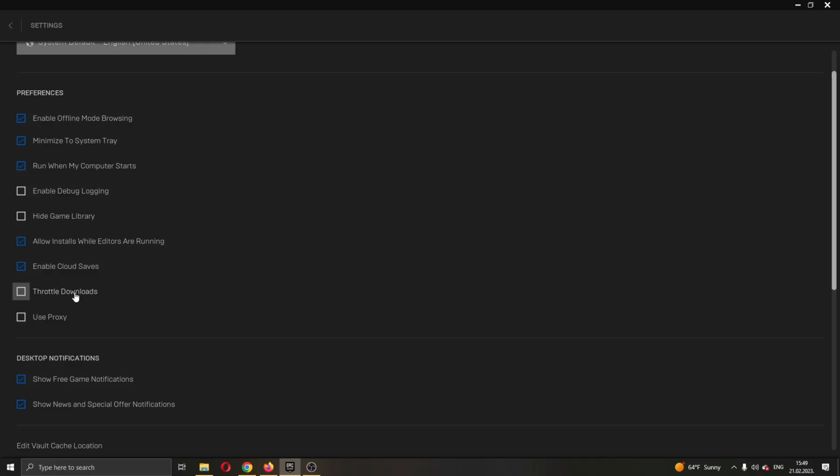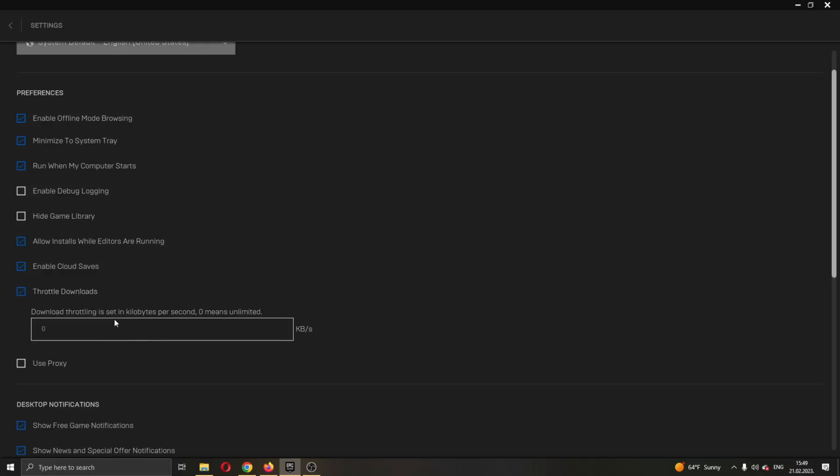So go ahead and click on throttle guys, and as you can see, now you can set what throttling speed you want and what kilobytes you want. As you can see, it is currently limited. Let's say I want to download only 400 megabytes per second. So kilobytes, excuse me guys. So I'm going to go ahead and type in 4000, and now this will download 4 megabytes per second